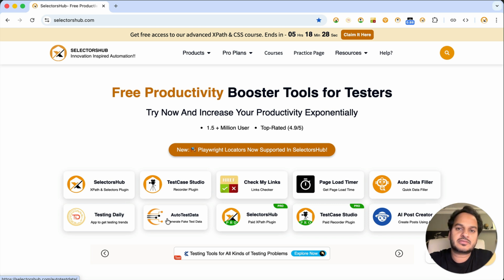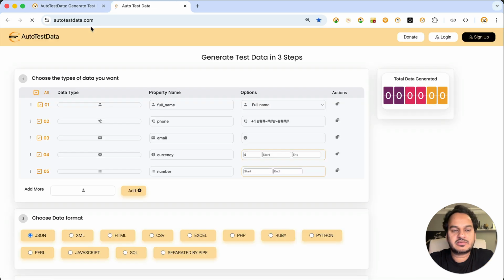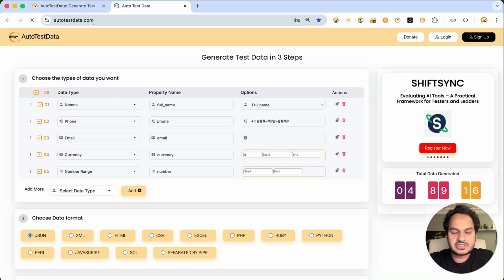So to avoid all these problems, we have this AutoTestData, a single page web application to generate a lot of fake test data for you, just in 3 simple clicks. That's all. You just open AutoTestData.com from here, SelectorsHub.com. You can bookmark this URL, AutoTestData.com, and whenever you need the fake test data,